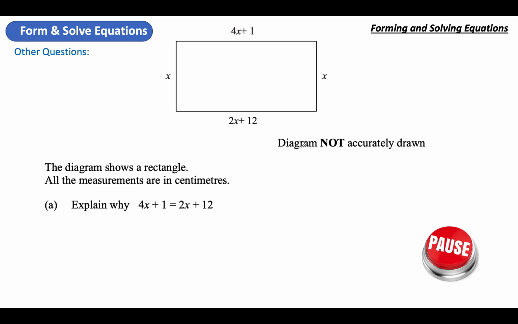Okay, right. Let's go. Why do they equal each other? Well, because these are the sides on a rectangle. And opposite sides in a rectangle are equal, aren't they? Top and bottom will be the same length, which is why 4x plus 1 equals 2x plus 12. So you would write in an exam, because opposite sides of a rectangle